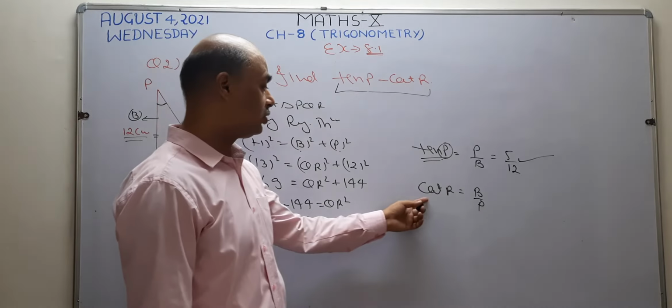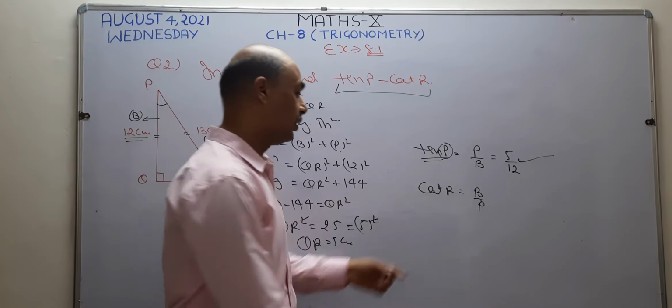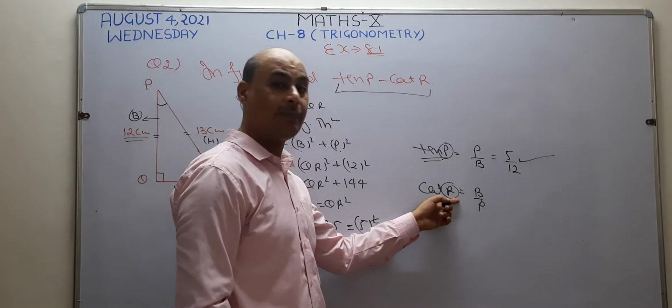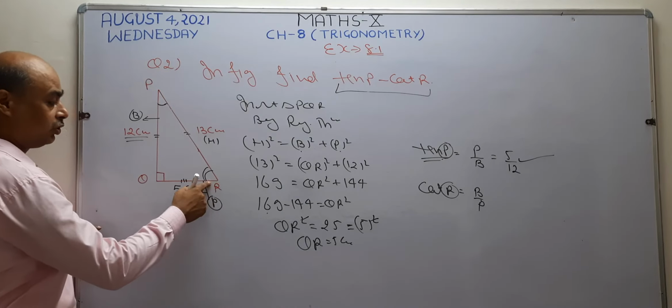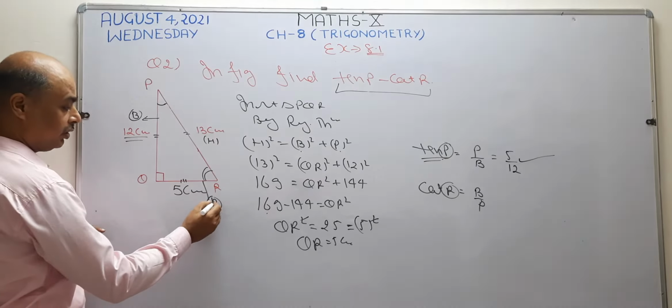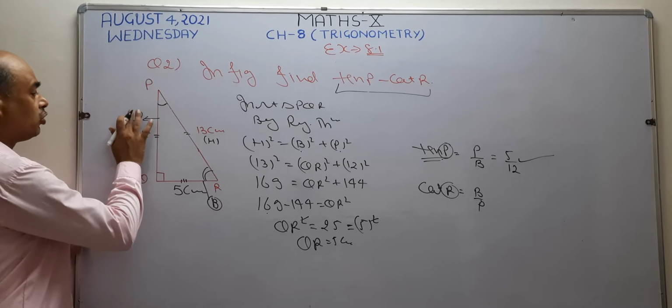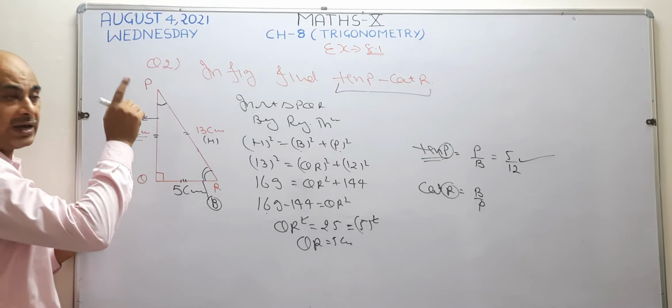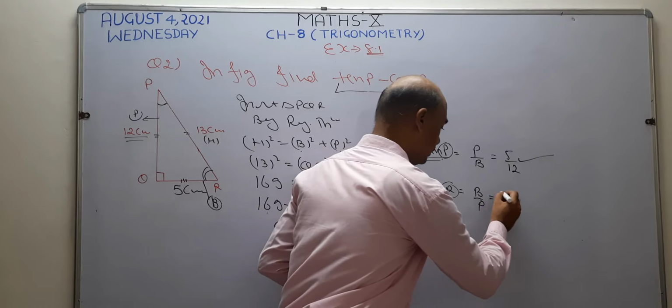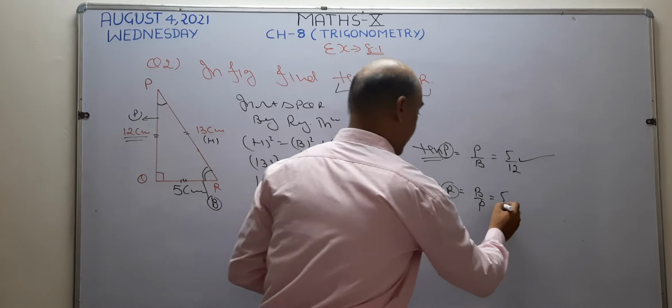Now in this question, we are going to find the value of cot R. Now the angle is going to change. The angle becomes R. For this part, R is going to lie here. For this part, this side becomes base and this is going to be its perpendicular. H is going to be fixed. Now what is base? Base for angle R is 5. So I write here 5. Perpendicular is going to be 12. So I write here 12.